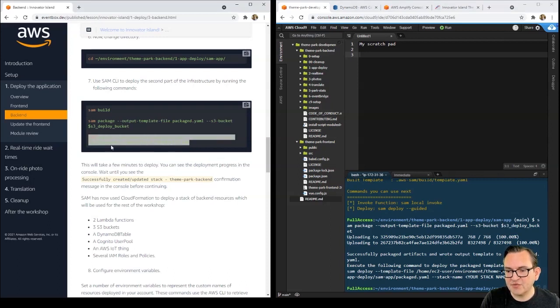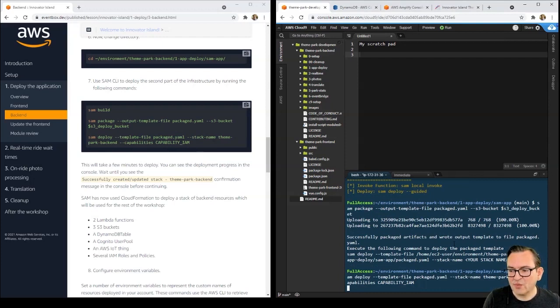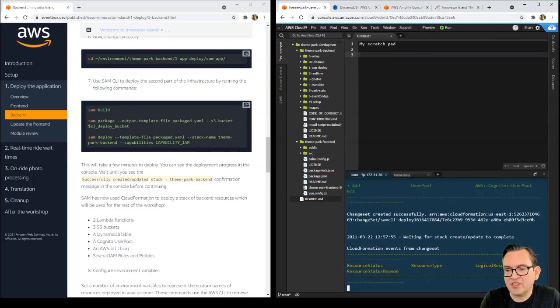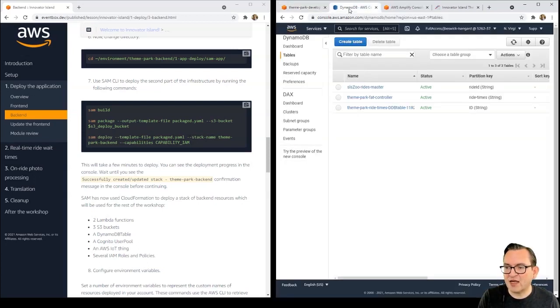And then finally, I'll just run sam deploy. And that will now make the deployment just like the first time round. It's going to take those assets and deploy them into the cloud. You'll notice these switches in the deploy command, such as the template file switch we can specify there. Also, it's giving this a stack name. So if I show you, if I can switch to CloudFormation briefly,